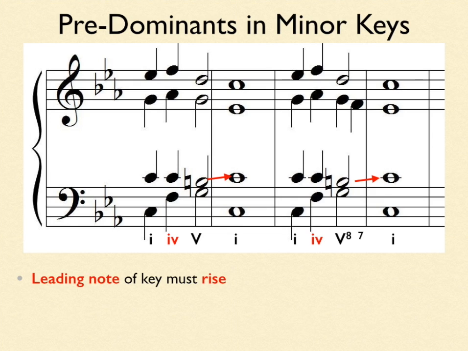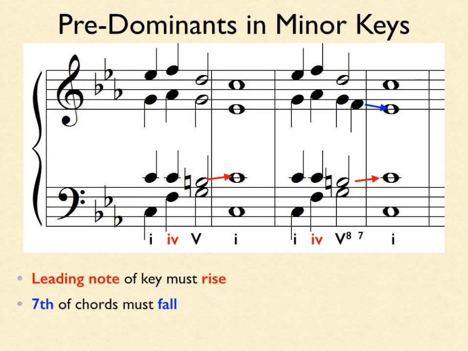The leading note of the key must rise. I've just kept it in the tenor part this time. So you can see the leading note is still B natural, it's a raised note, and it's also rising. So remember, leading notes must rise. Sevenths must fall. Again, I've introduced the 7th in the second example on the dominant chord, and I've just delayed it coming in, so it comes in after all the other voice parts sound the rest of the chord. So the sevenths of